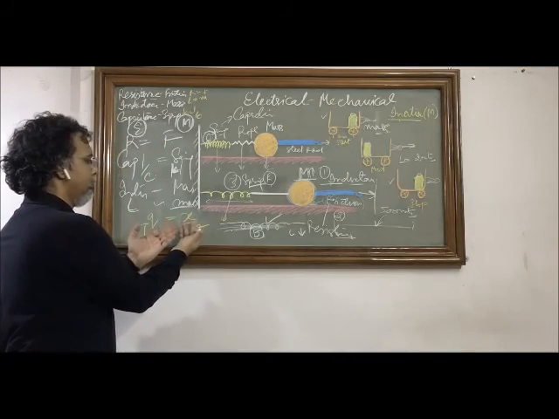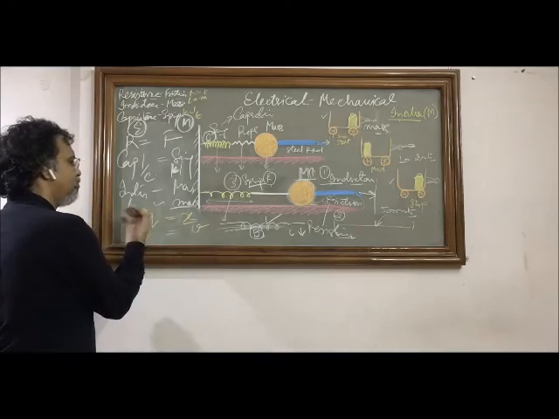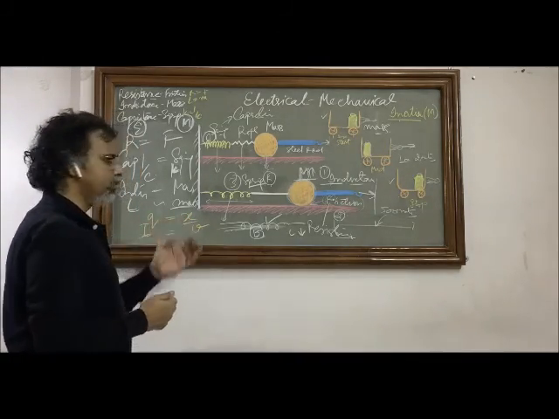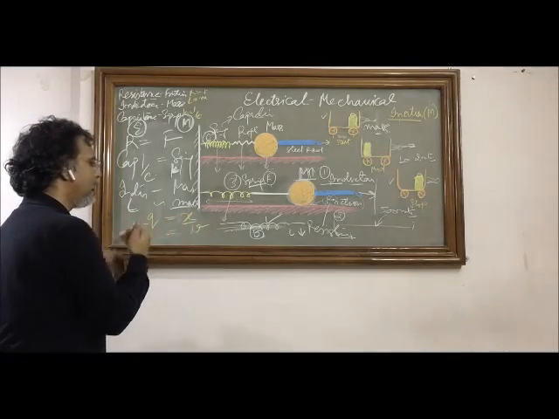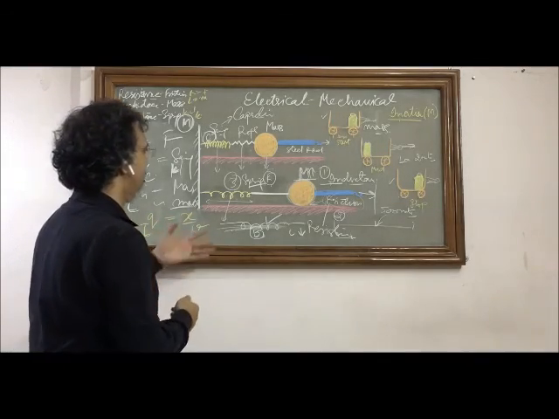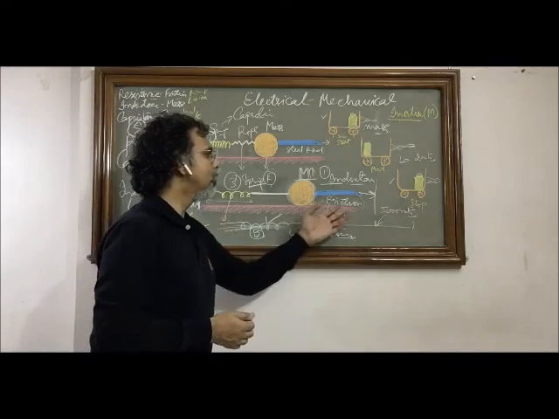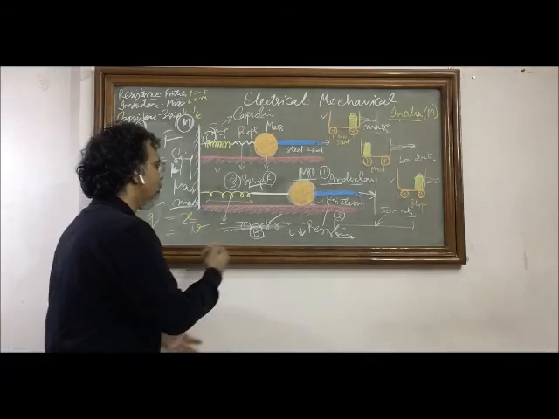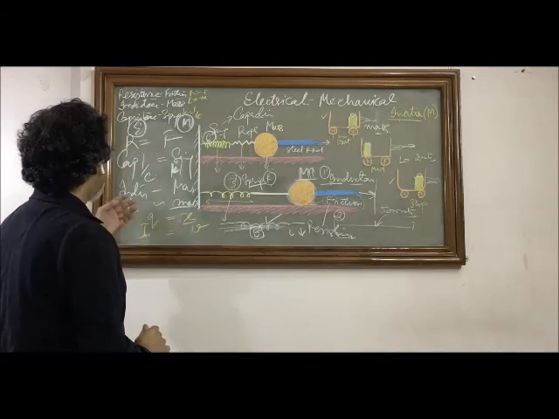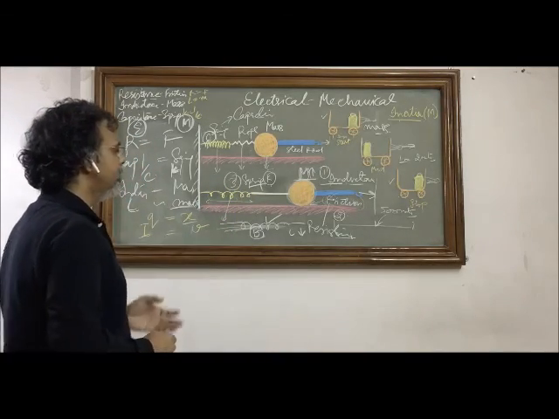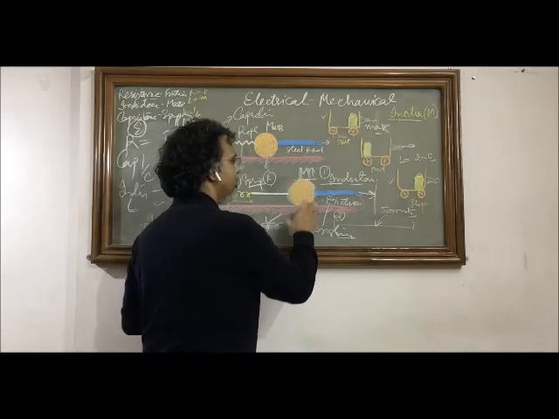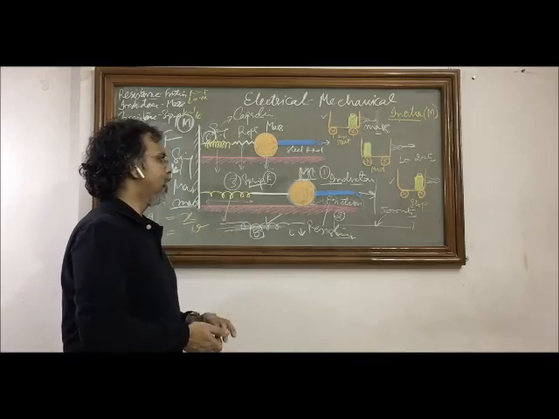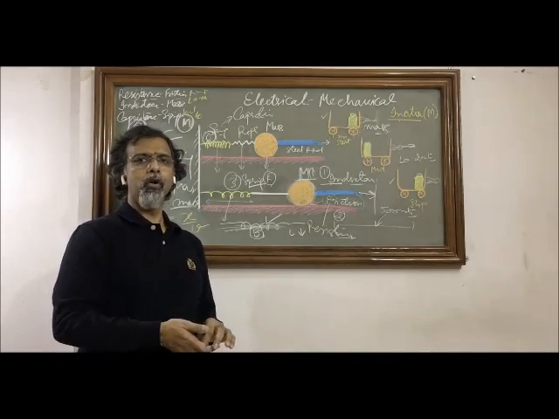We start from the simplest thing, the displacement, that is the charge. Then we find the rate of change of charge or the rate of change of displacement, that is the velocity or the current. And when we have a circuit in which we have resistance, it is equivalent to the friction. When we have a circuit in which we have a capacitor, it is analogous to the spring. And if we have another component, that is inductance, it is analogous to the mass or the inertia of that object in the context of mechanics.